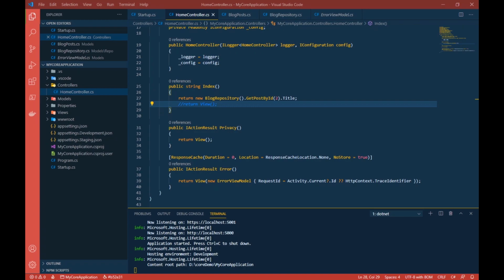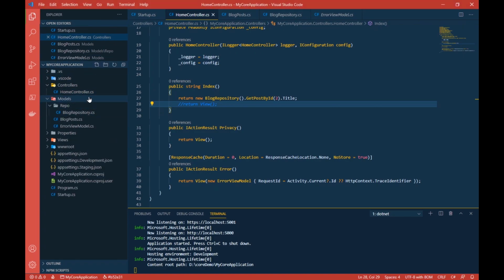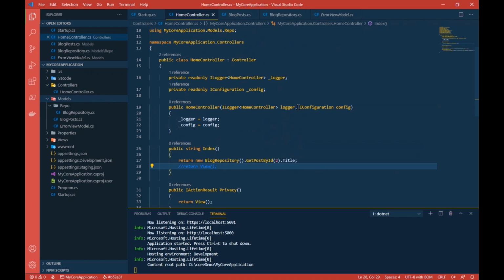To overcome this, we will leverage the inbuilt dependency injection framework provided in .NET Core. Now what is dependency injection and how can we use this? We will discuss it in the next tutorial so that this is not lengthy and so that you can understand dependency injection from the beginning. We will use this model and this controller to explain what dependency injection is and what the different types of dependency injection are in ASP.NET Core. So that's it for this tutorial.